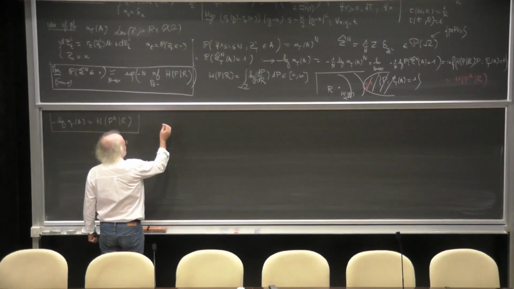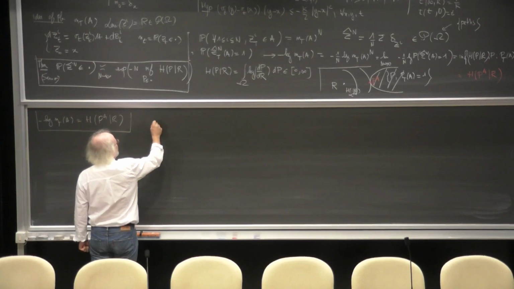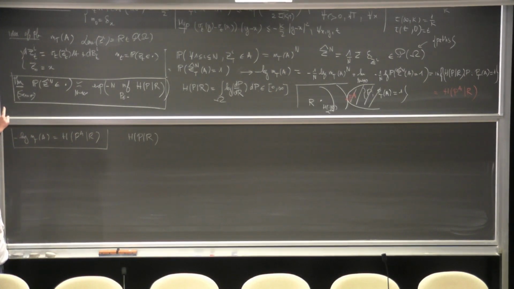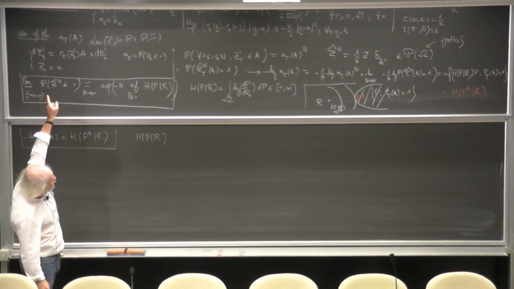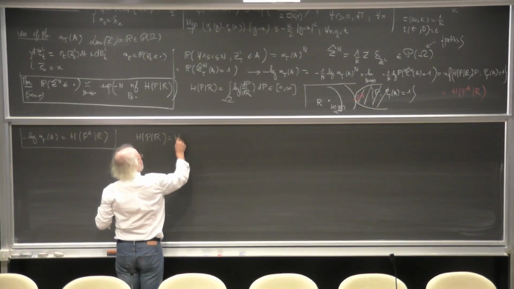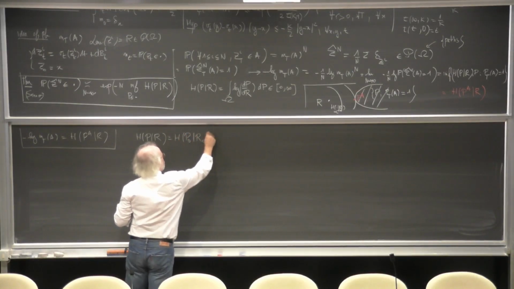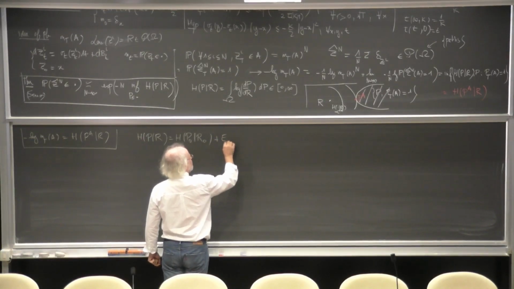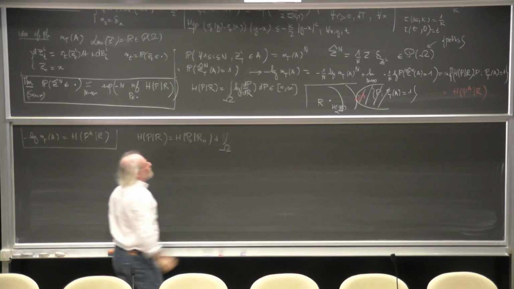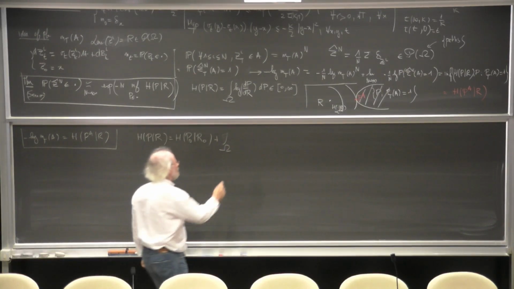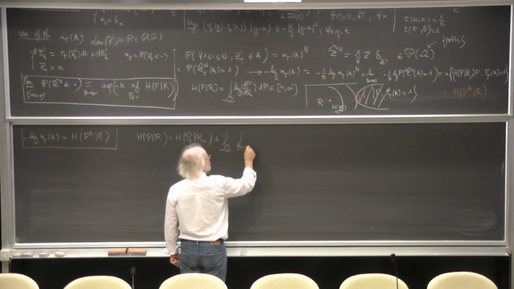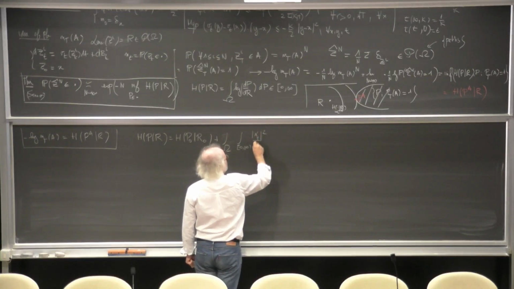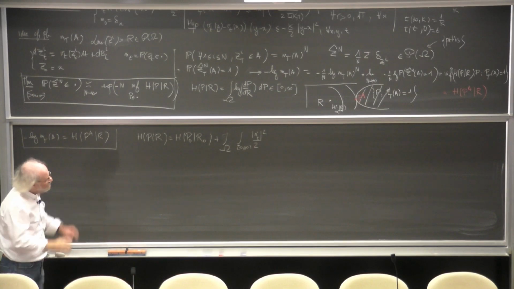This is a general result: the relative entropy of P with respect to R, where R is given by this stochastic differential equation, is the relative entropy of the initial marginals, P_0 and R_0, plus some dynamical term, which is the expectation, so the integral over Omega of the integral over all times, 0 to infinity, of some vector field alpha_t squared, I take the norm, dt